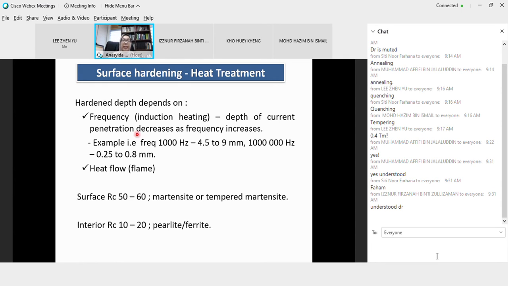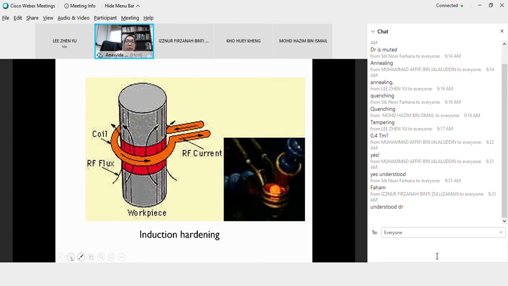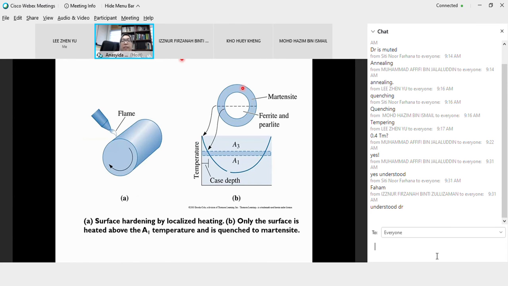Okay? So you can have using induction heating, ini adalah depth of current penetration, decrease of frequency, increase. You can guna induction, you guna flame, right? Flame spraying. So hardness is actually around 50 to 60, sama ada martensite or tempered martensite. So inner dia akan jadi lebih ductile. So you can see from this diagram. Okay, you can see from this diagram. So you heat at the